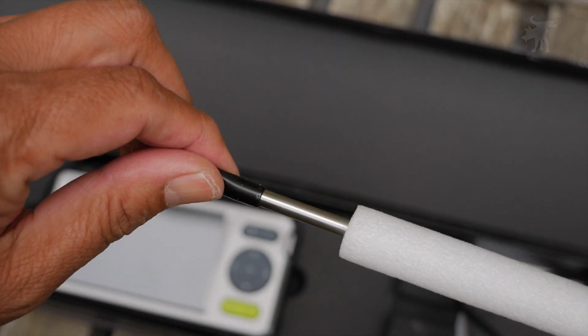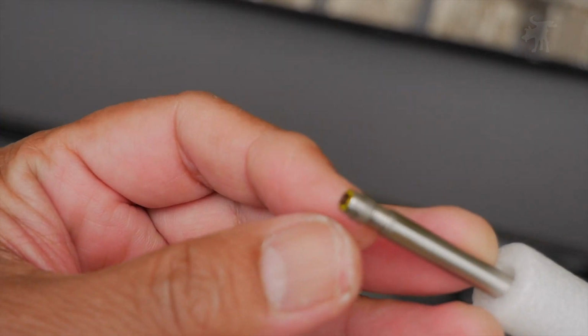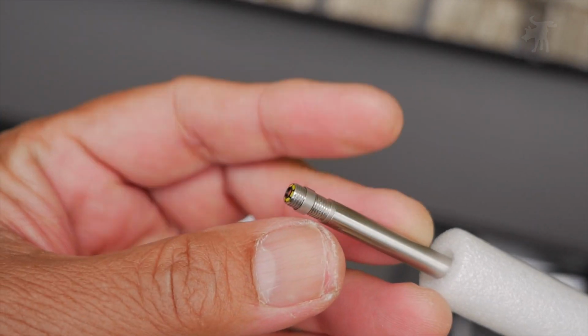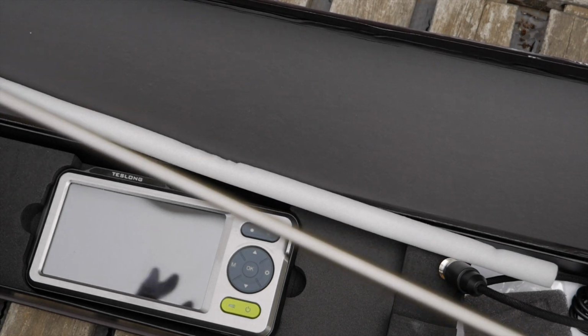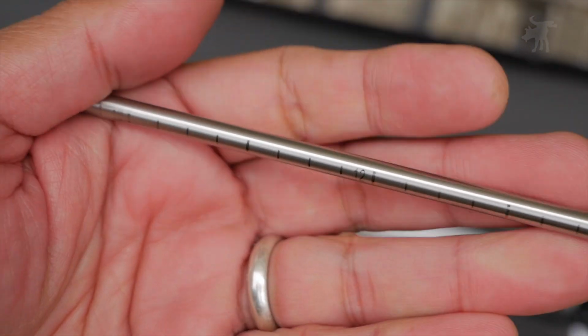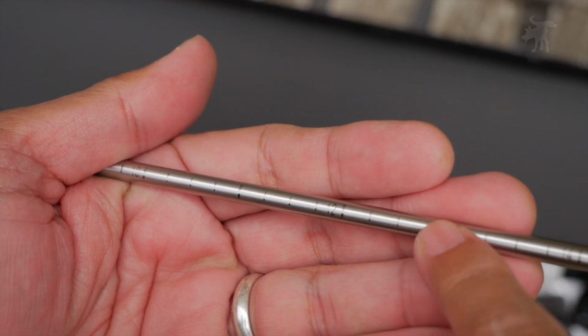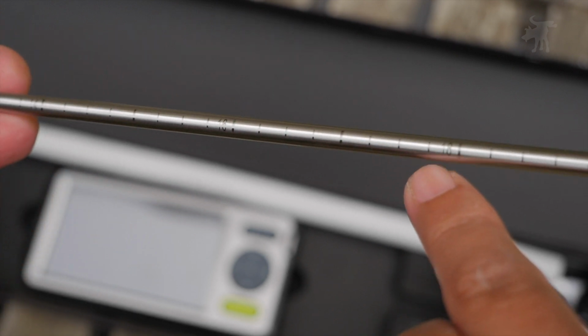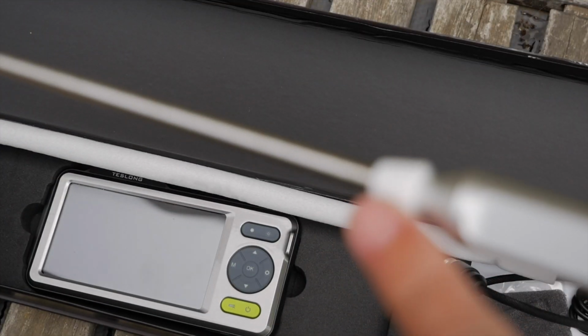Let's take off this protective cover at the end, and that's the actual camera there. There's a camera surrounded by some LED emitters, and let's take off this foam and take a close look at the actual wand itself. Now, this is interesting. It has laser etched inch marks along the edge here, and this is very useful because along with this rubber stopper here,